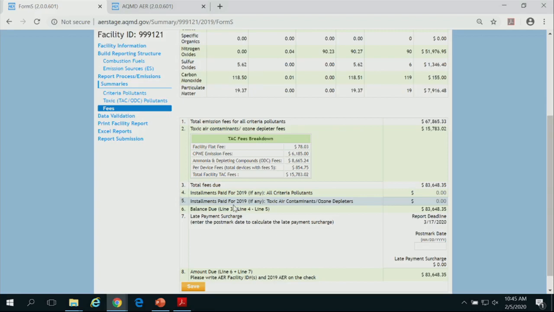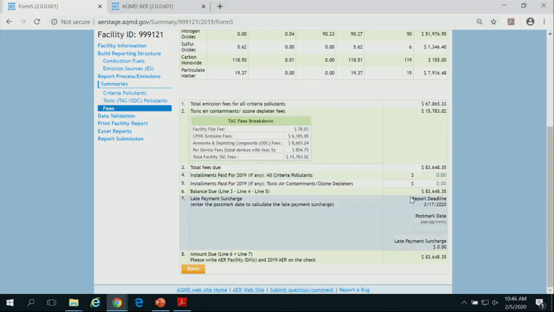Call us if you're puzzled and you don't know why you got that bill. But for big operations, they're used to it. In the past, the number that was shown here was the amount that your facility was billed for. What that means is an invoice was generated and sent to you. Whether it was paid or not was not shown here. This year, now that we're tied to our finance system, it shows how much installment you paid. So if you're used to paying installments and you see zero here, give us a call. You may have missed the bill, and so you're out of compliance because your account shows outstanding balances.